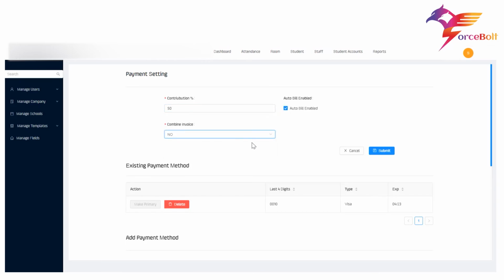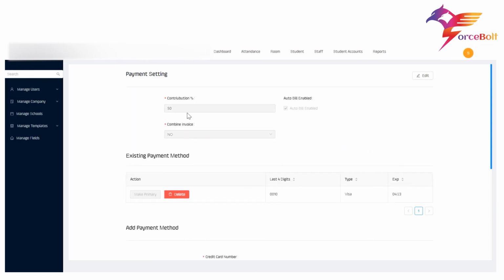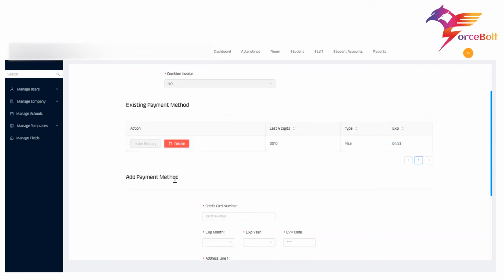I am selecting No as the option of combining invoices, and then I am saving the filled details. These were some functionalities related to this project, like the edit payment method, the functionality of managing a payment method, and some other basic functionalities. That was all for my project.